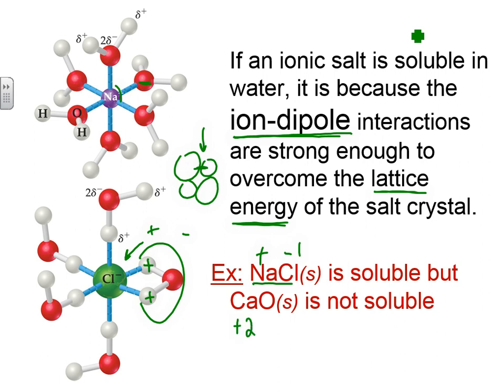There's a stronger attraction here, and if you remember from the solubility rules, calcium oxide does not dissolve in water. The lattice energy is too strong for the water to overcome, and that's kind of the idea here. So in other words, this is an idea of breaking bonds and making new bonds. It's not a chemical change, it's considered a physical change, but there is energy involved,